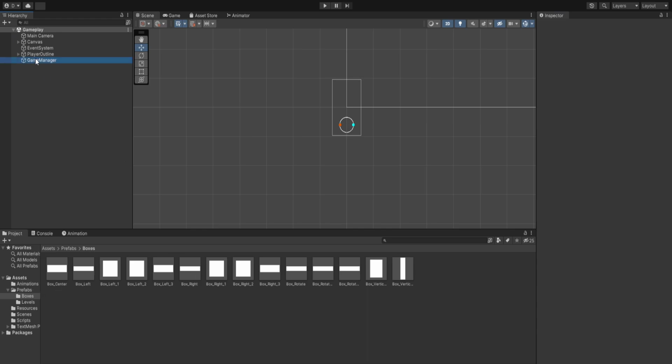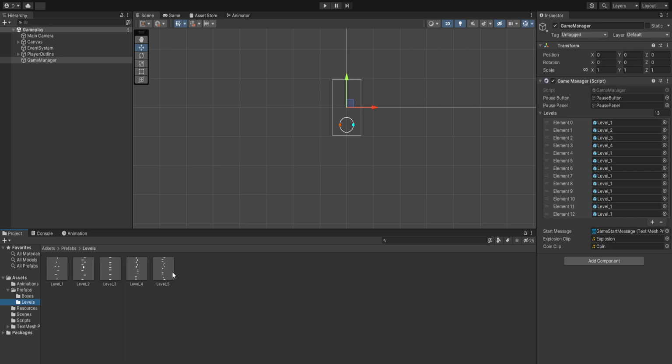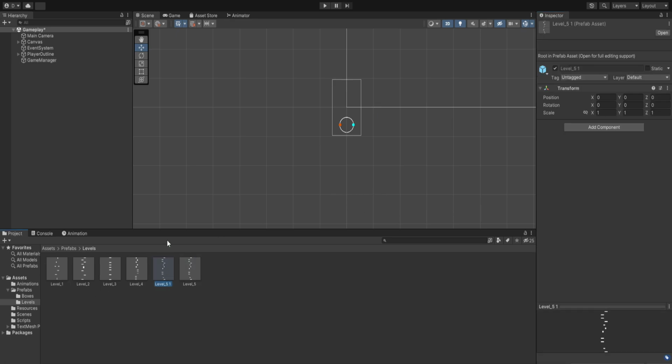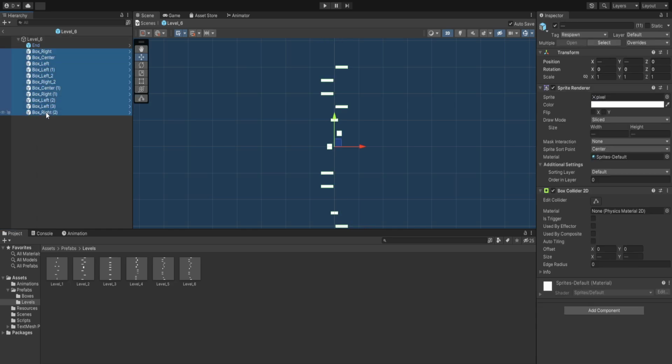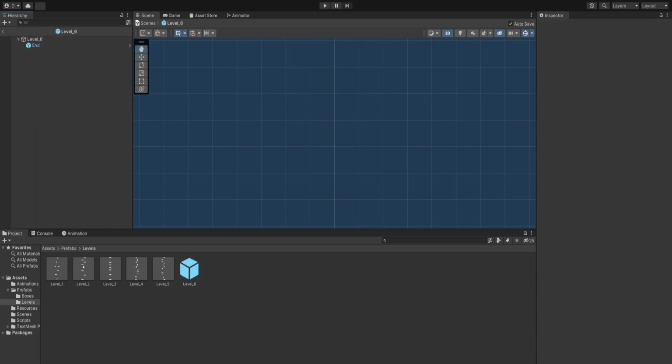And let's go inside our game manager and we add our level 5 to the 5th index level and the 6th index level, because we don't have one more level for it. And we need to decrease this, and let's create our 6th level. So let's duplicate level 5 and we'll rename it to level 6. And let's go inside our level 6, delete all the ends, and our end is going to be at just 10,